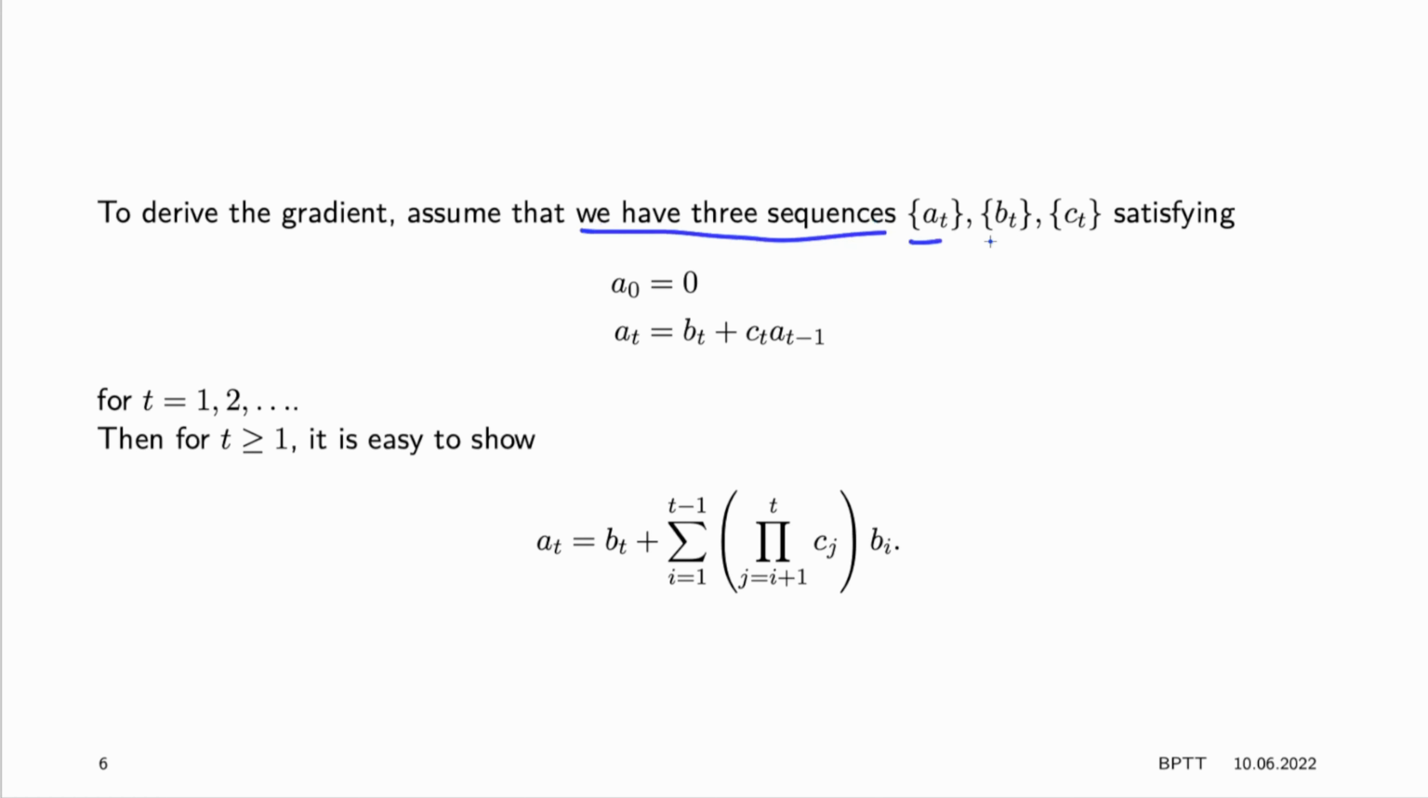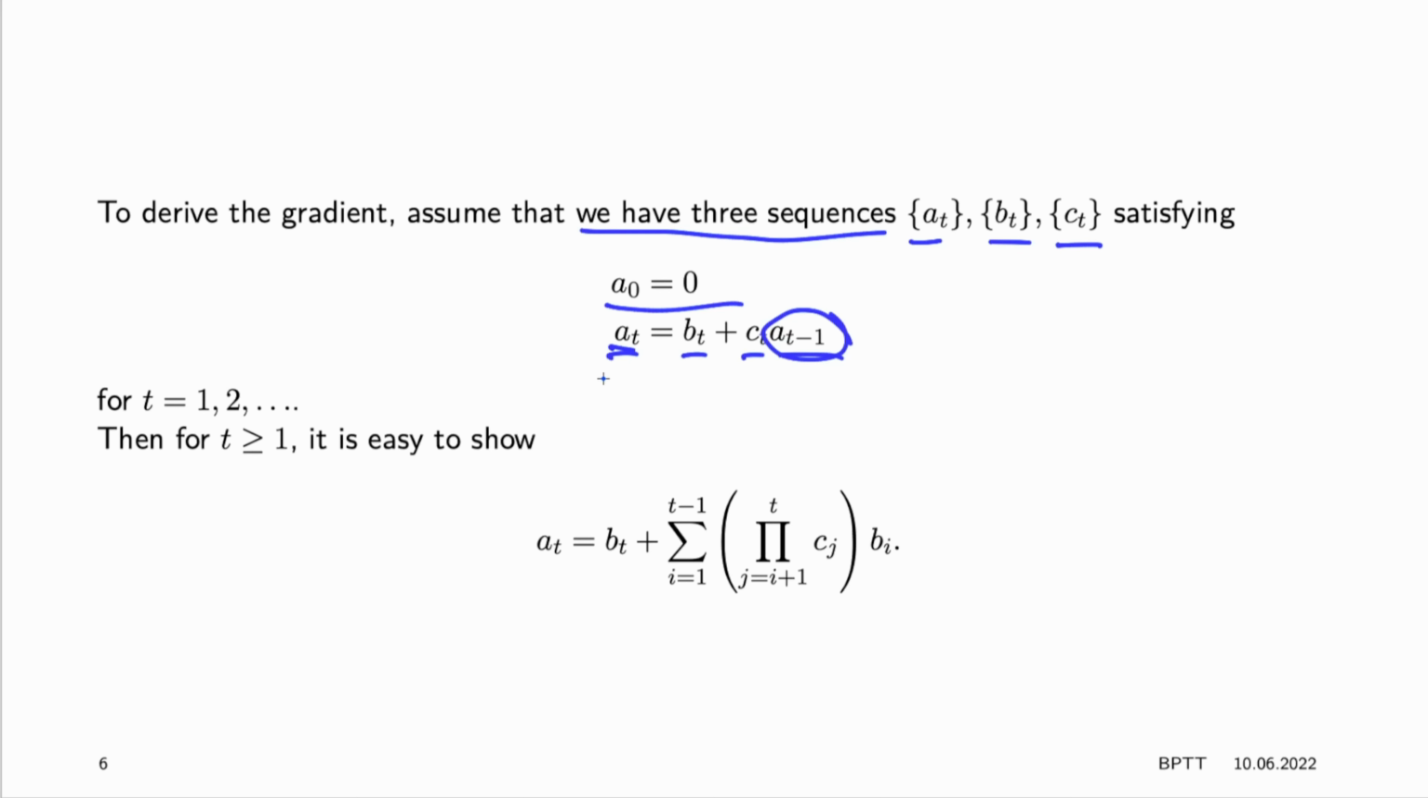So first, assume we have three sequences, a_t, b_t, and c_t, and these satisfy that a_0 equals 0, and that a_t is computed from b_t plus c_t times a_{t-1}. So this is exactly the type of recursion that we had for the computation of our derivative of h_t. And now for t = 1, 2, and so on, we can see that for t larger or equal to 1, that